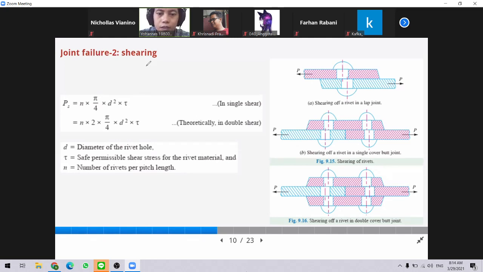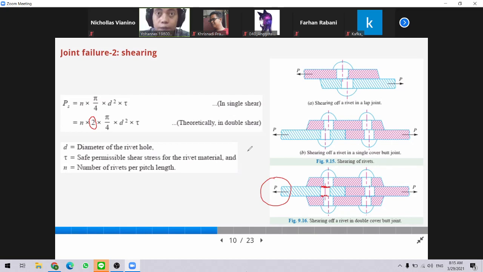And knowing this case, then we can make sure that this type of joint has the larger shearing load capacity because it has more shearing area. But be careful about these two multiplication. Even though we know that these two came from the fact that we have two shearing areas here, but in